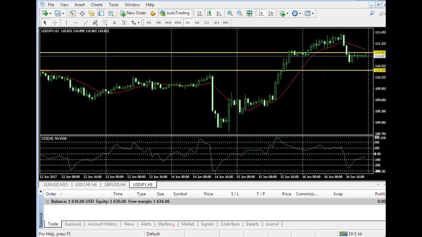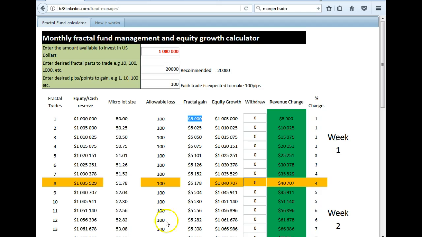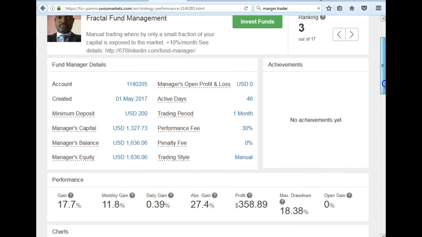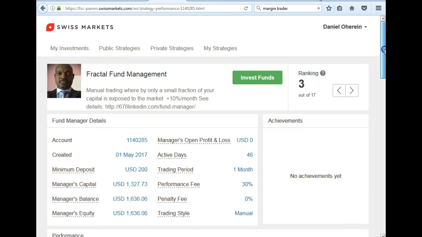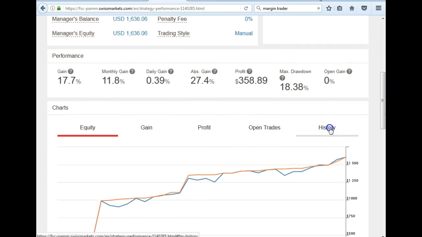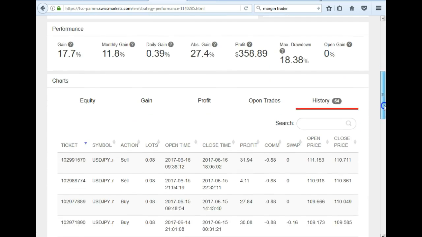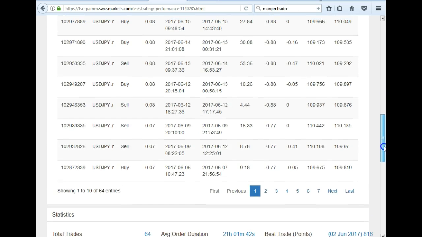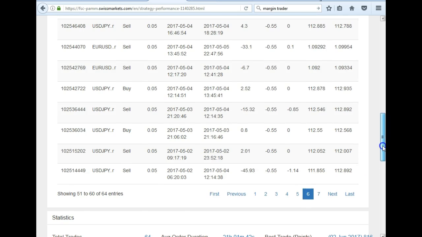People always ask me, what are the chances of one losing his or her money? Well, the money you will lose is just a small fractal, if at all. Let's see my history. I have twisted and twinkled everything. You can see the whole of the month of June. Let's start from May. From the beginning of May,